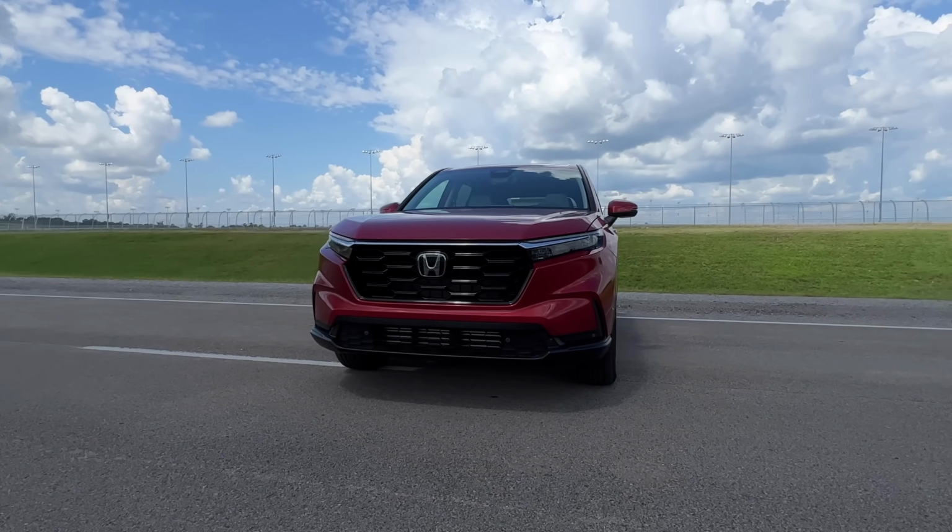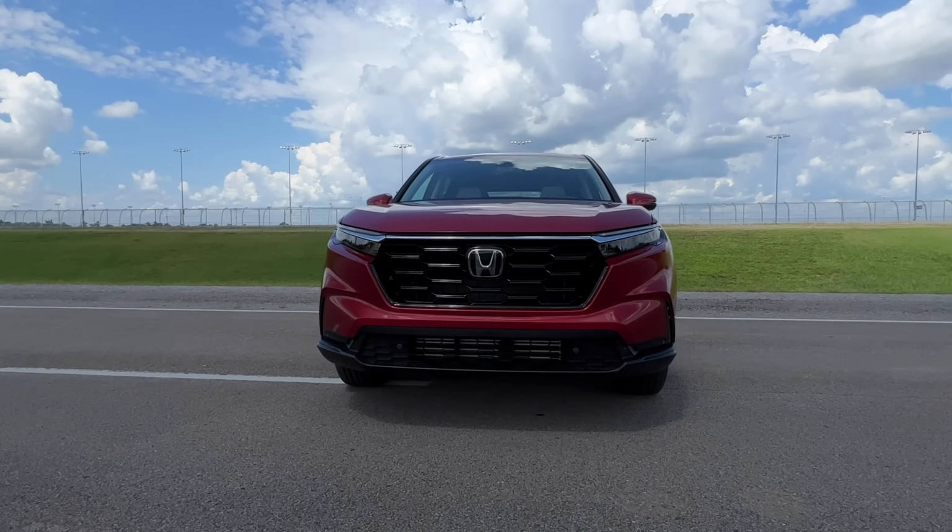We'll take a look at all the new CRV trims. I'll give you a tour of the updated interior and the exterior. And then I'll give you my opinion on whether or not you should be a logical car shopper and